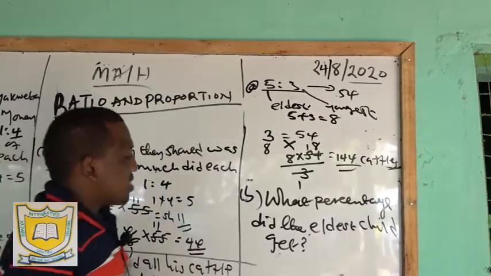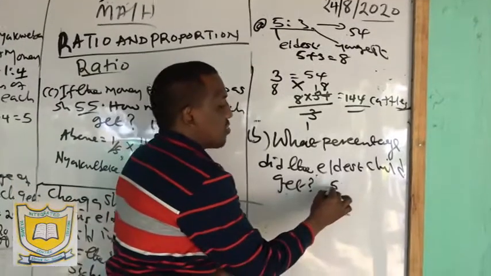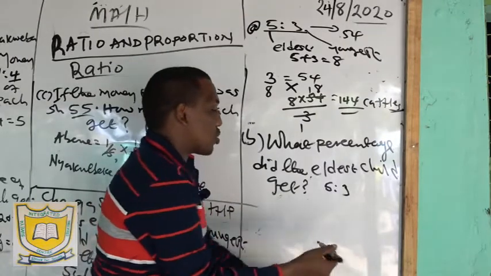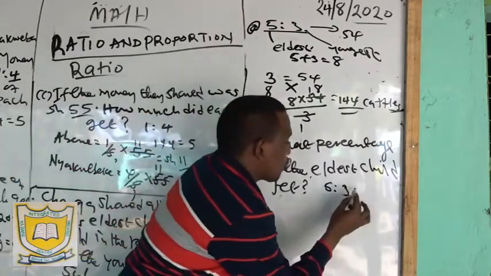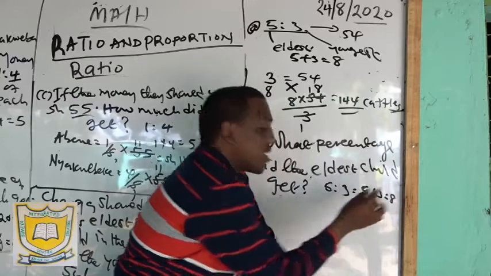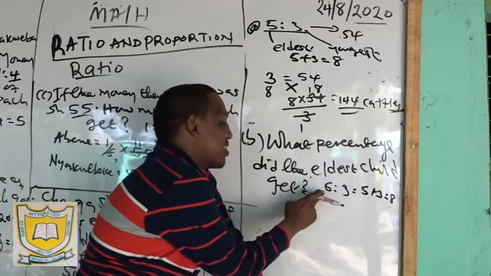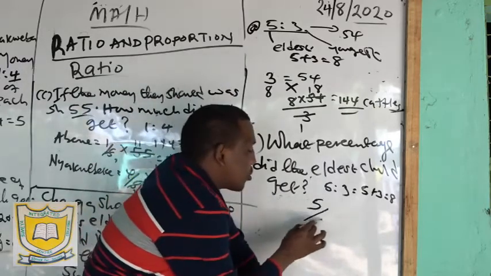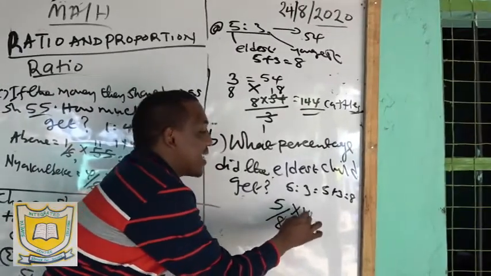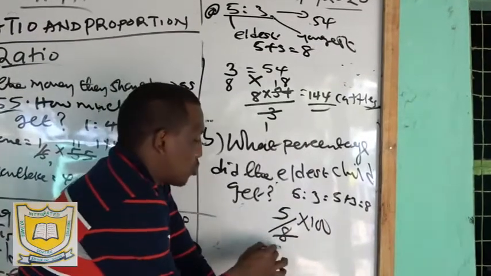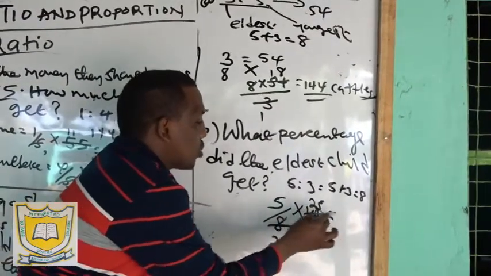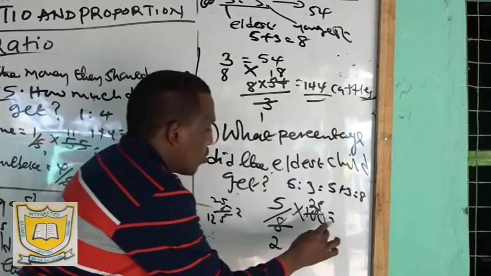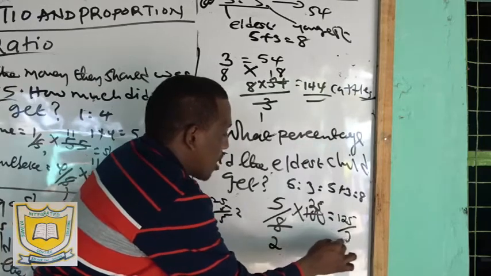Eldest now. The ratio was, remember, 5 to 3. 5 belongs to the eldest. The total, whenever you're told to get the percentage, we did it in the other question. So you add 5 plus 3 is equal to 8. Now they want the percentage of the eldest. Percentage of the eldest is equal to the eldest, which is 5, over the total ratio, times 100 percent. That's what we are saying. So by 4, 2, by 4, 25. So 25 times 5 is 125, which is equal to 125 over 2,